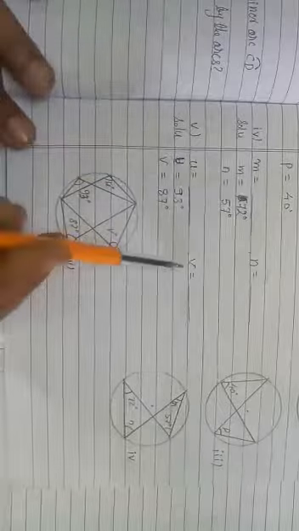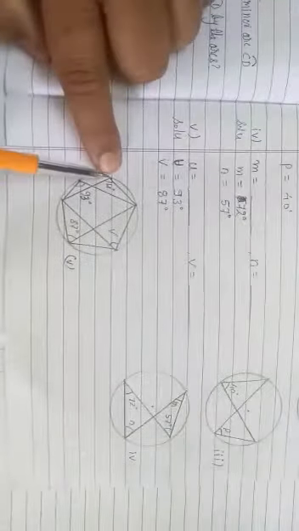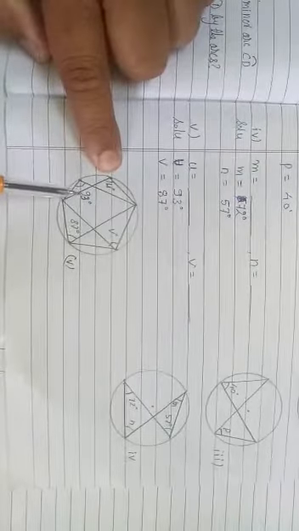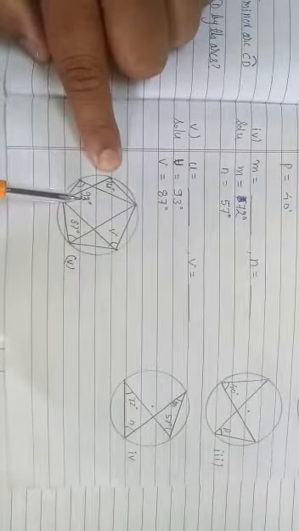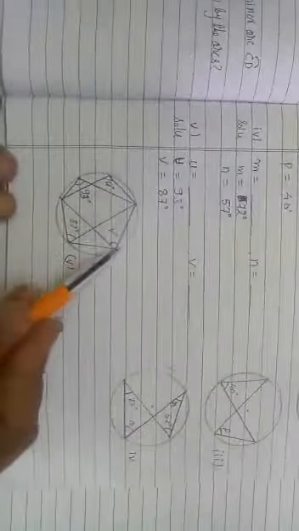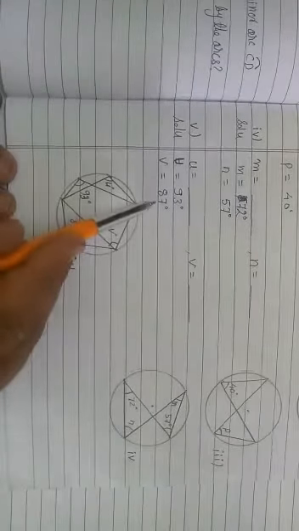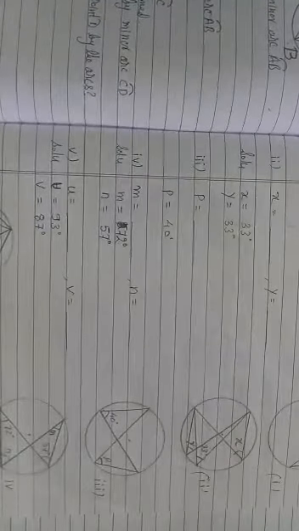Now the last question. You have to find U and V. Where is U? U is here. Then which arc is it? This side arc. What is the next angle measure? That is 93. Now V. Where is the arc? This side is the arc. What is the value? 87. The same reason for all the 5, that is angles inscribed in the same arc of a circle are equal.